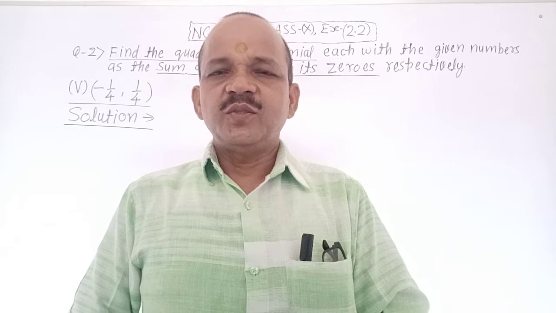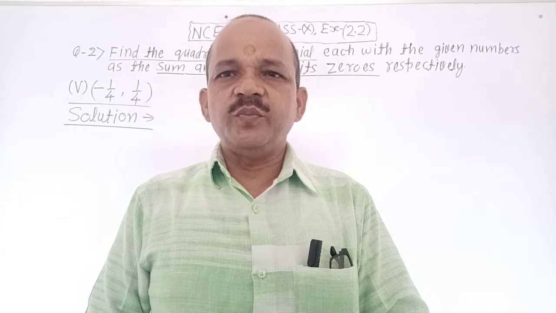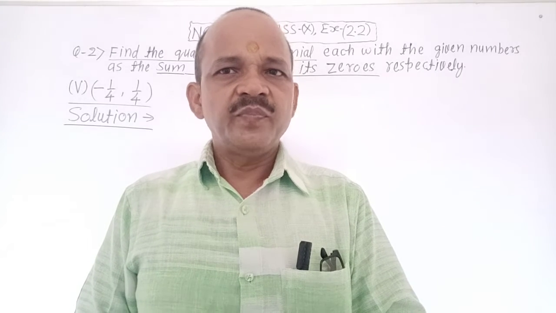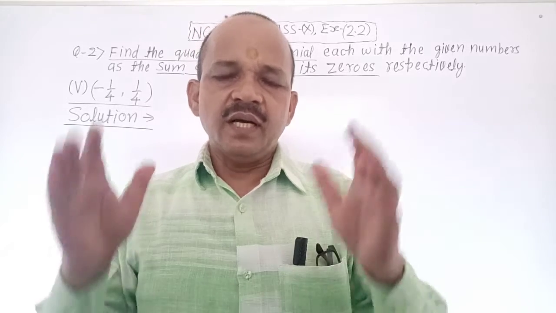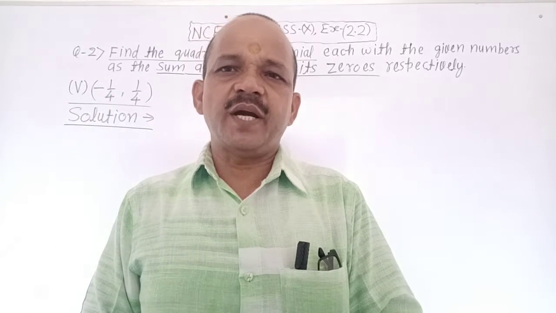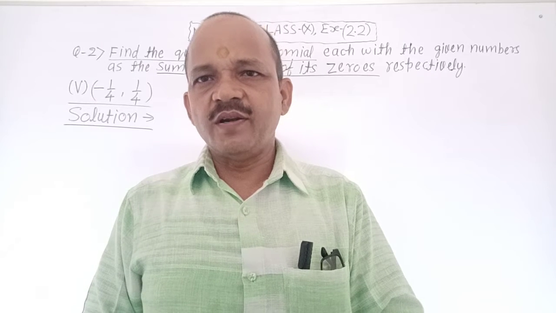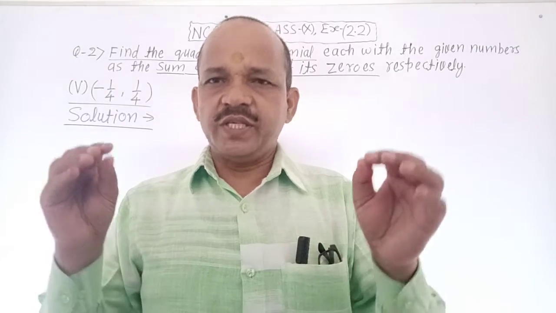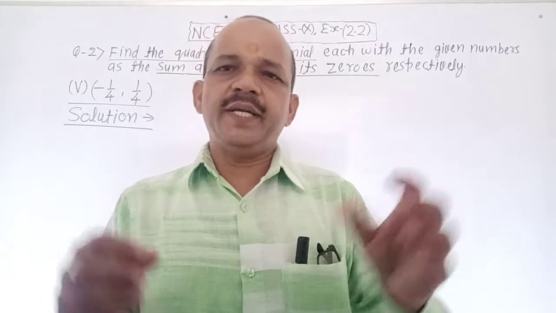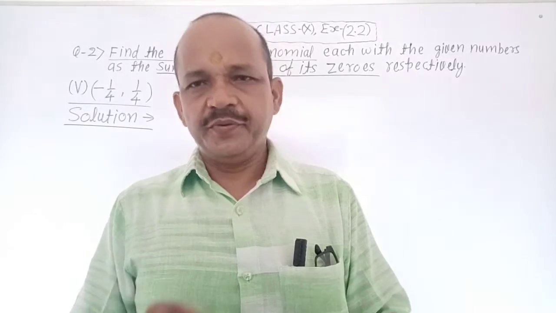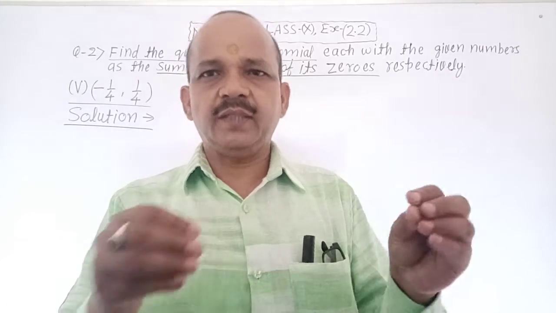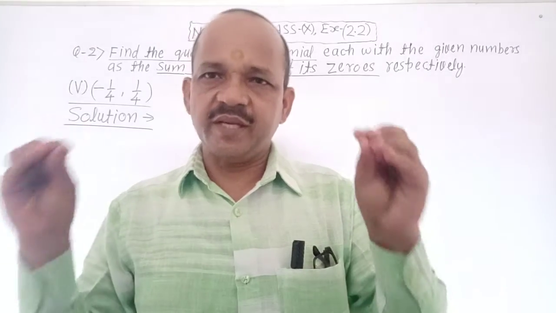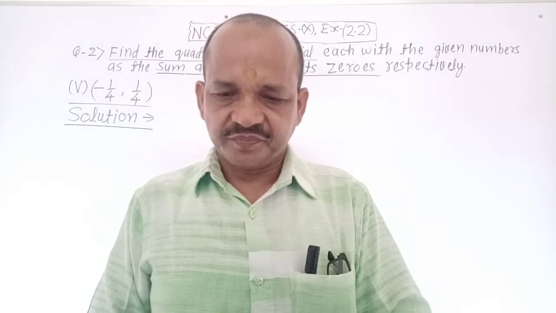Good morning class. Today I want to describe polynomial for class 10th. Exercise 2.2 question number 2 part 5th. Concentrate your mind and listen to my words with full concentration. My words are clear, no confusion about it. Very good. Today I want to describe how you can find a quadratic polynomial if the sum of zeros and product of zeros are given. It is clear, no confusion about it. Very good. It is very easy.